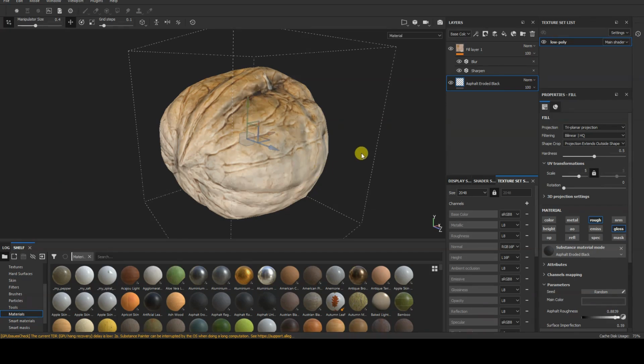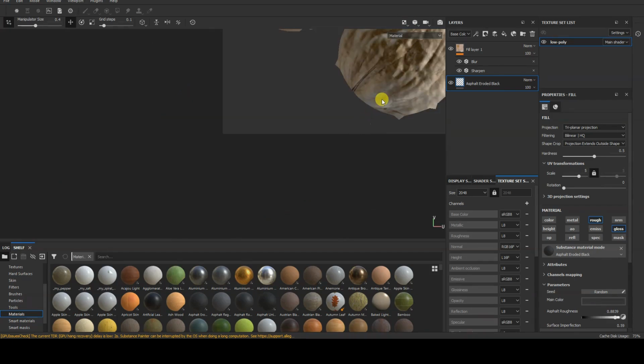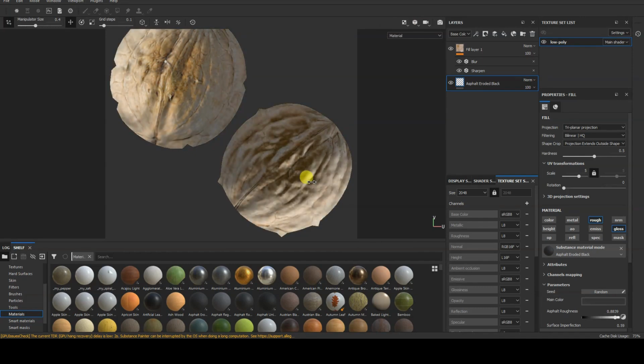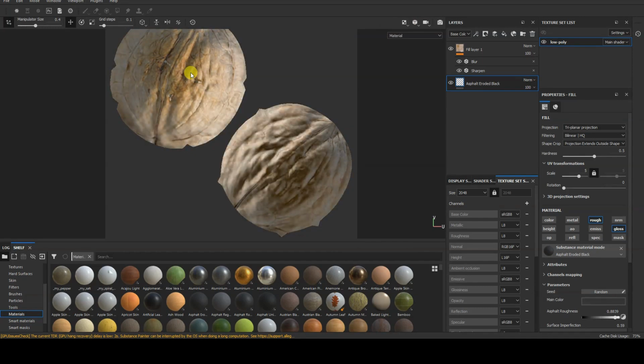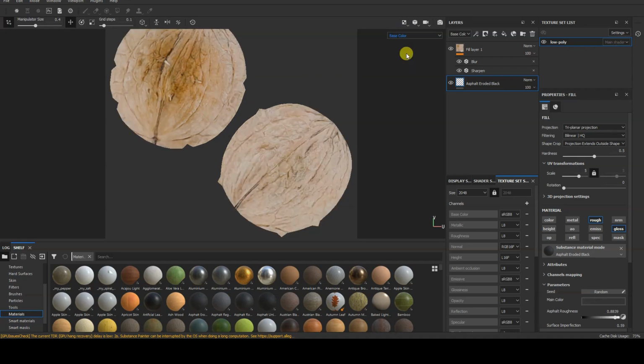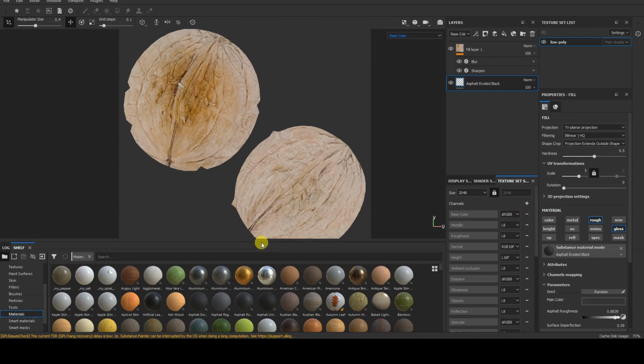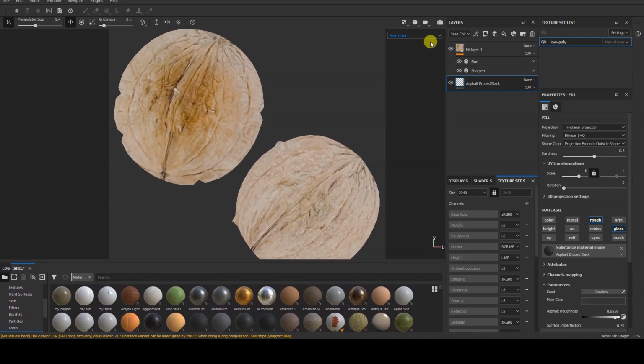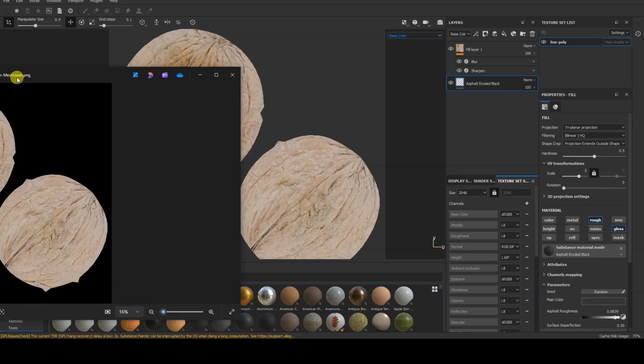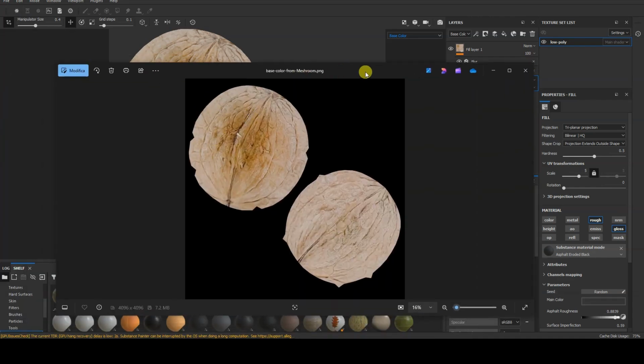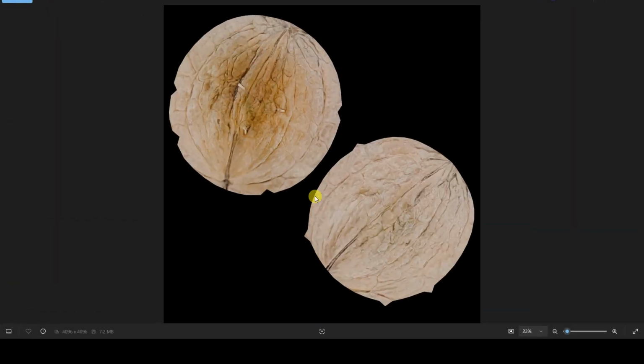I'm starting by trying to correct the brightness differences between the upper and lower parts of the model. As mentioned in the first episode of this series, these differences are due to lighting errors in the real scene when the photos were taken. To view the base color without shading effects, I'm switching to Base Color View in a 2D workspace. You can also try correcting these errors directly in the base color texture using other programs before importing it into Substance.